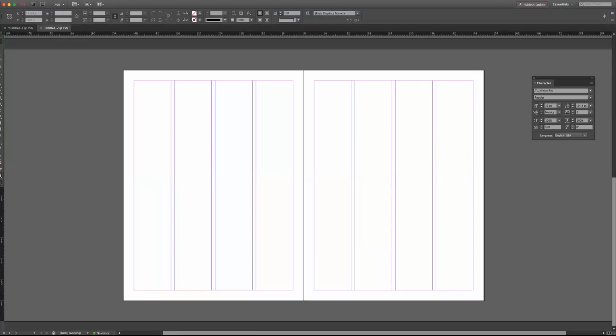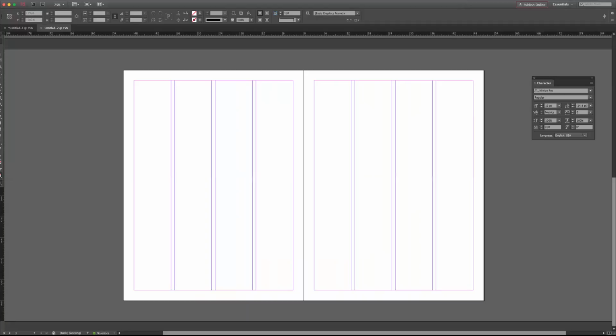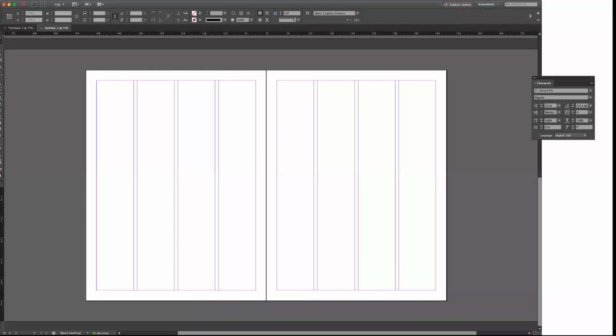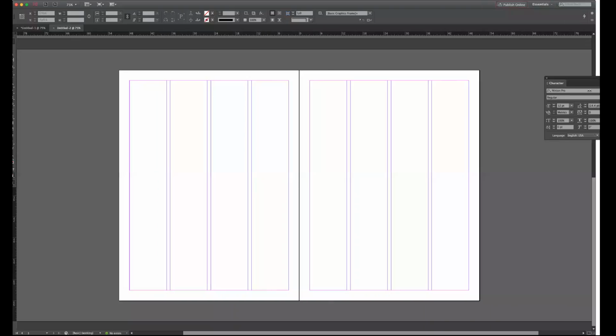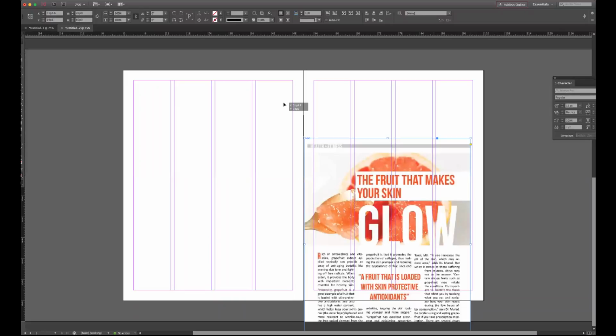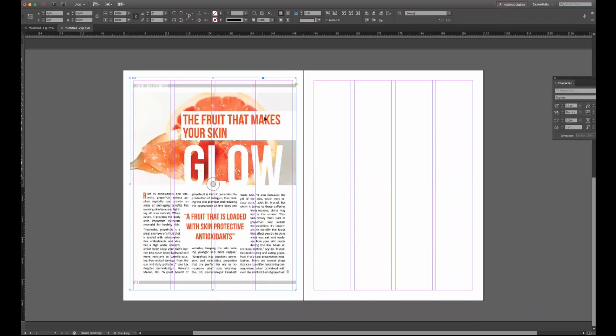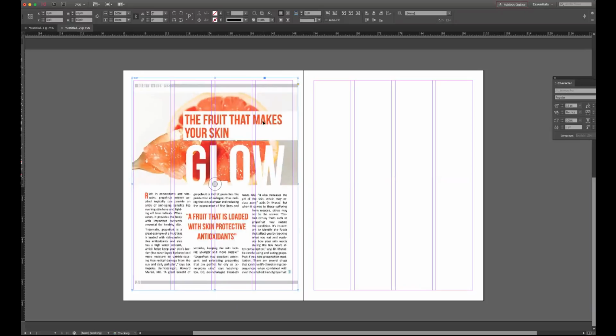Okay, so when we're doing this, it's important for you to figure out a layout that you're going to be working with. I use Google a lot for inspiration, just to see what we could mimic or come up with. And I found a few examples and I wanted to show you. This has all the elements that we would need for a good layout and design. It has a headline up top, like a header.